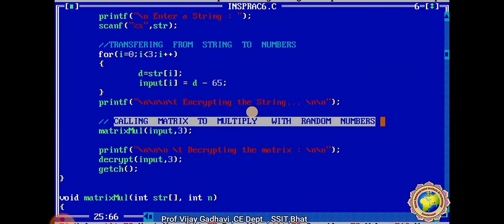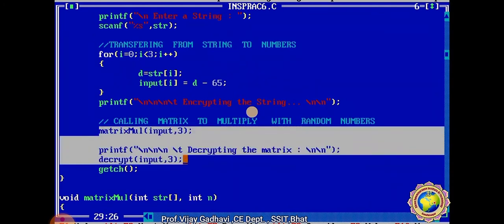Similarly in decryption, we turn the ciphertext back into a vector, multiplied by the inverse matrix, and we find the inverse of the matrix using an example. This is decryption. Not all matrices have an inverse. The matrix will have an inverse if and only if its determinant is not 0.